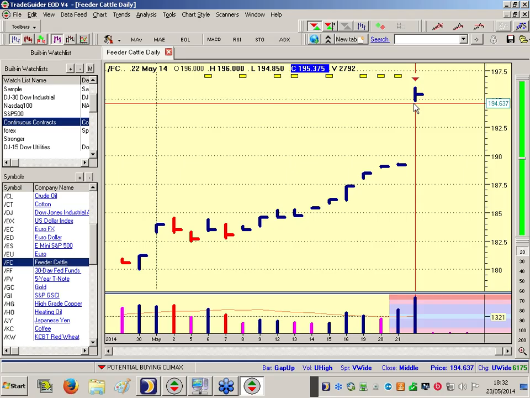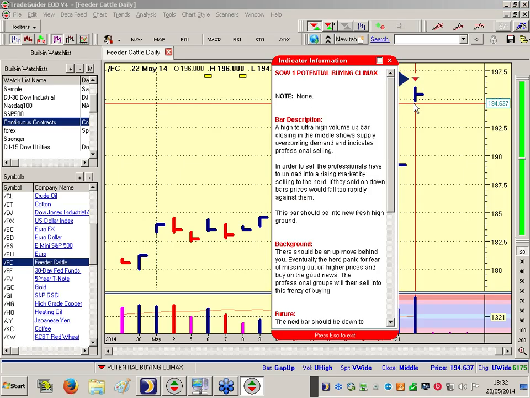Yes, Tom, got anything to say? Well, I'll just look at that. Looks like the end of a rising market. It's been gapped up, look, narrow spread. Volume is very high. That has to be weakness. What else would be? Now, feeder cattle, we traded this about 2 years ago, so we know it followed certain principles. But that certainly looks like what we would call end of a rising market. Potential buying climax. Yeah, it's the same thing.